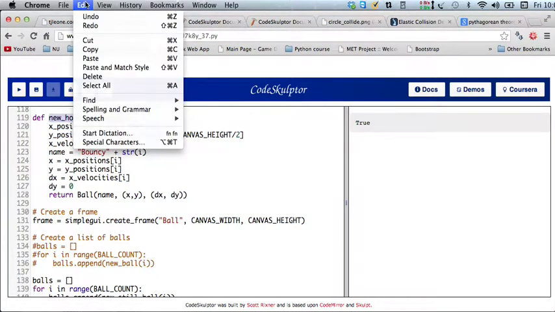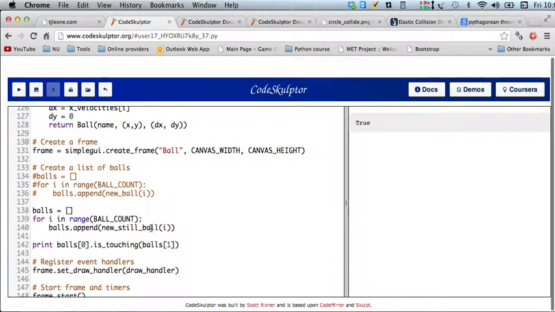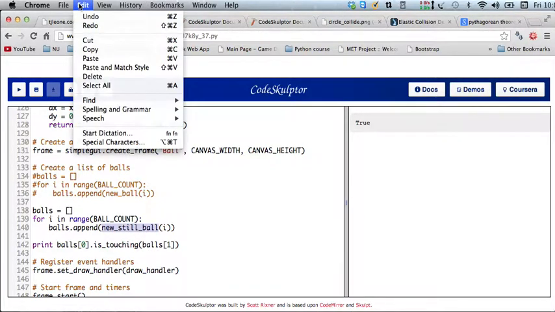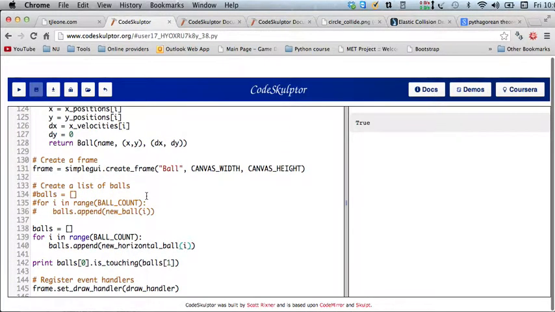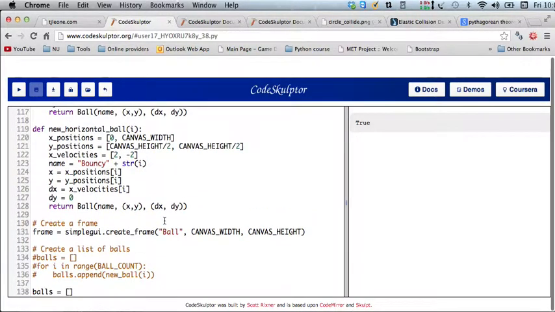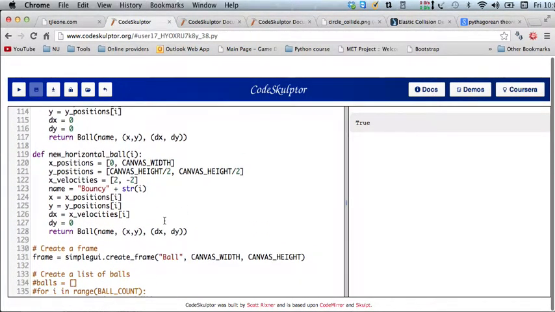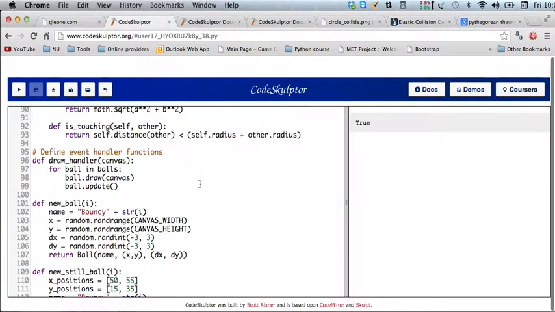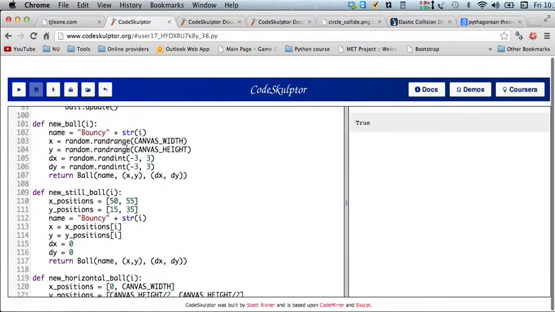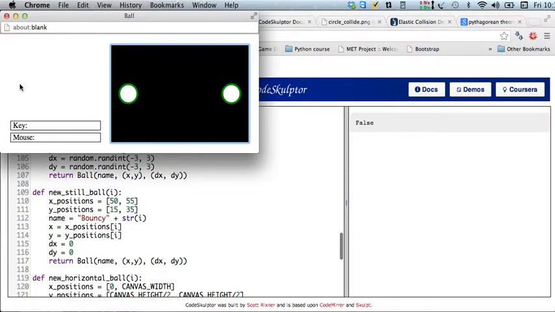Okay, so again we're going to do the same idea of looping through. Let me copy this. Instead of new still ball, I'm going to make a new horizontal ball. And so that way what should happen is that they are going to face each other, and move until they run into each other. Now we're still not doing any testing about the is touching stuff, but I'm still going to test out just to make sure that they're colliding the way I expect them to. So let's see if that's working. Yep,